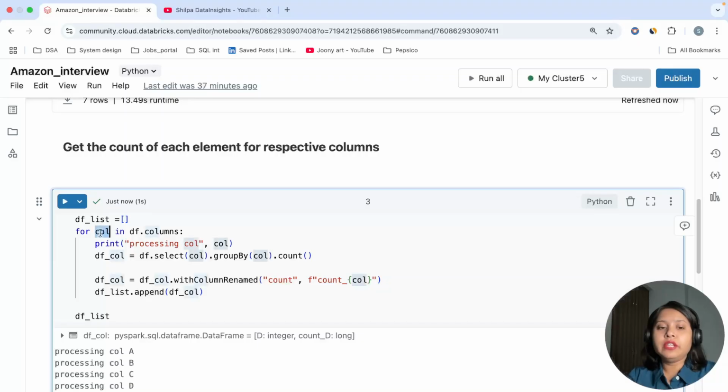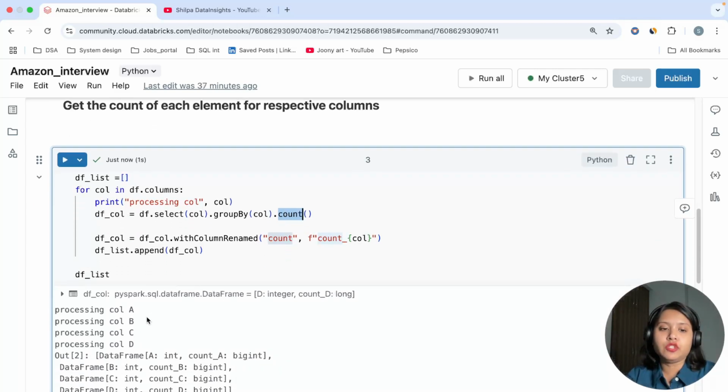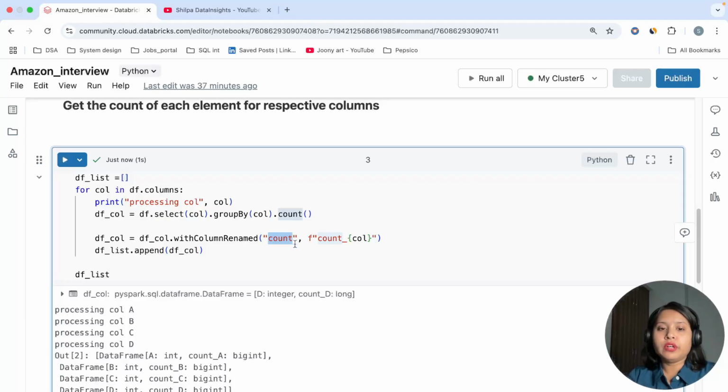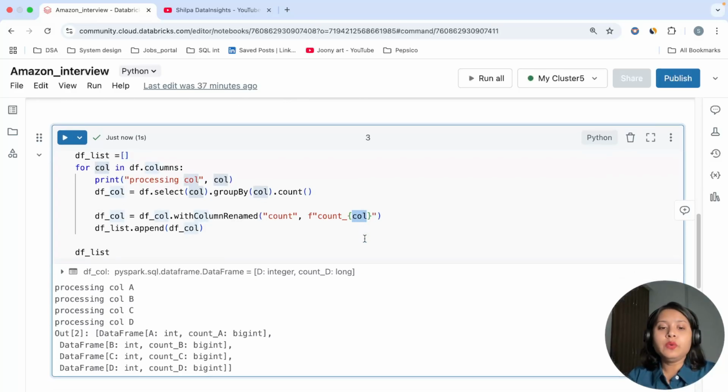Once I have each column, on each column I'm selecting that particular column and grouping it by that column, and then doing an aggregation, that is a count operation. So these are my columns. I'm processing each element separately, each column separately, grouping it by that column and getting the count of each element. Once I've done it, I'm creating a column called count, with column renamed count to basically count of column. Once I do it, these are my column names that will come, and I'm appending it to a